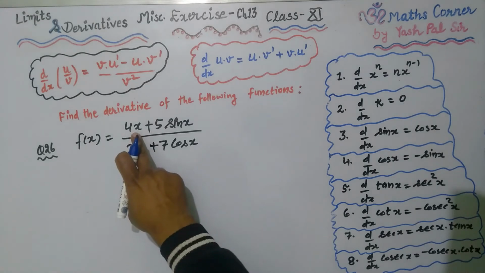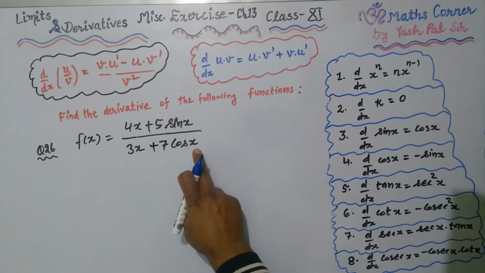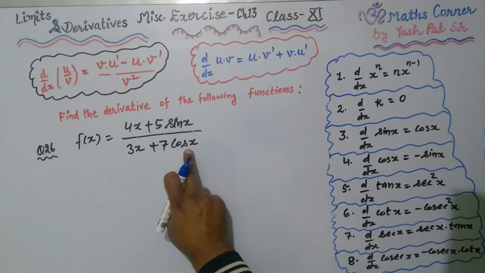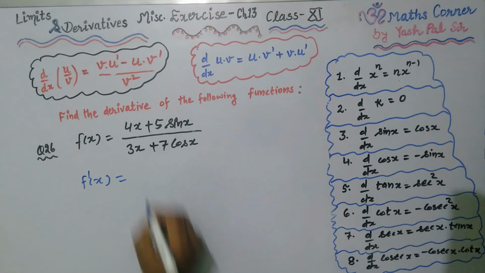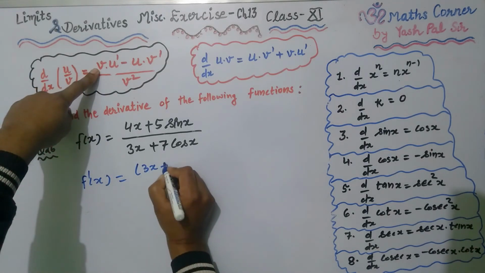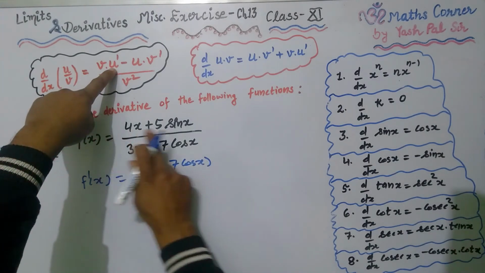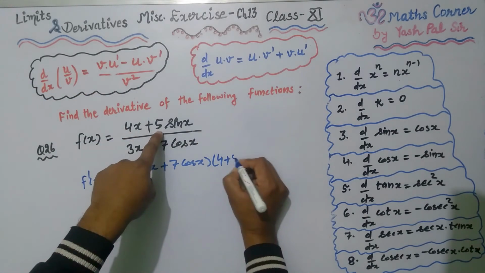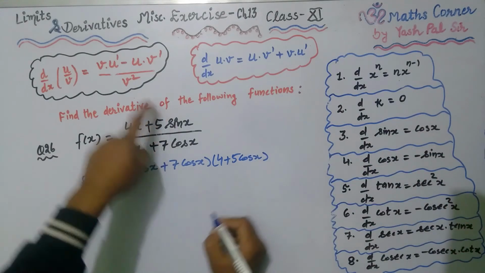f(x) is equal to (4x plus 5 sin x) divided by (3x plus 7 cos x), u upon v. Numerator is u, denominator is v. So we have f'(x) is equal to v, (3x plus 7 cos x), into u', its derivative. 4x derivative is 4, plus 5 sin x derivative is cos x, minus